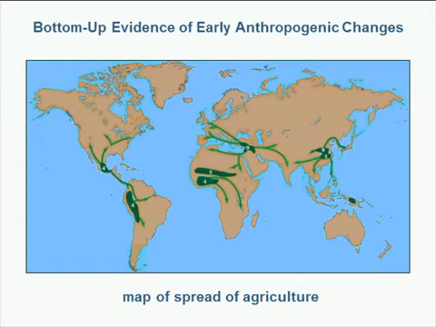So this is the second part of the hypothesis, and I call this bottom-up evidence of early anthropogenic changes, and this gets into the area that all of you work in, which is heavily reliant on archaeology. So this is global scale, big picture archaeology, and what's shown here is a map of the spread of agriculture, starting from the most prominent of the source regions of agriculture, and beginning to spread, shown in dark green, out of those areas at the times shown in white numbers, which